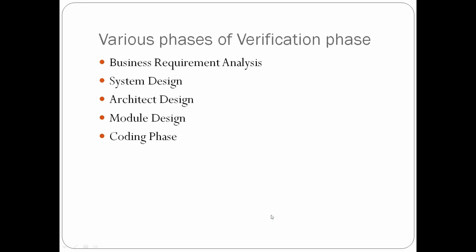So various phases of the verification phase are business requirement analysis. This is the first step where product requirements are understood from the customer side. Next is system design. In this stage, the system engineer analyzes and interprets the business of the proposed system by studying the user requirements document, that is the SRS. Next is architecture design. The baseline in selecting the architecture is that it should understand all, which typically consists of the list of modules, brief functionality of each module, their interface relationships, dependencies, and all the things.